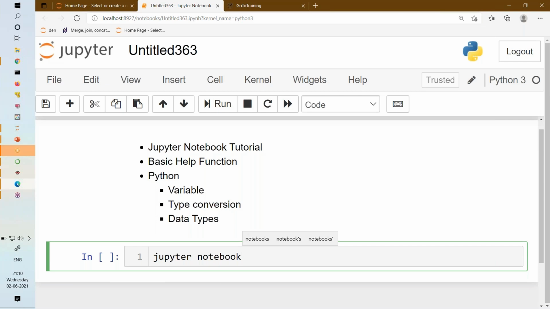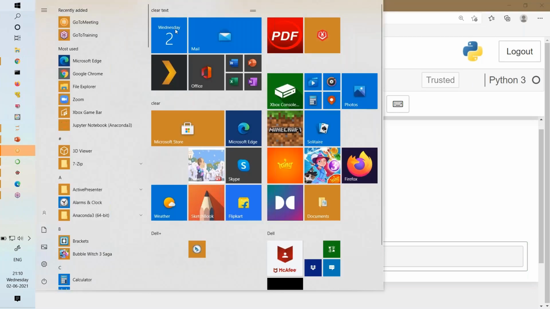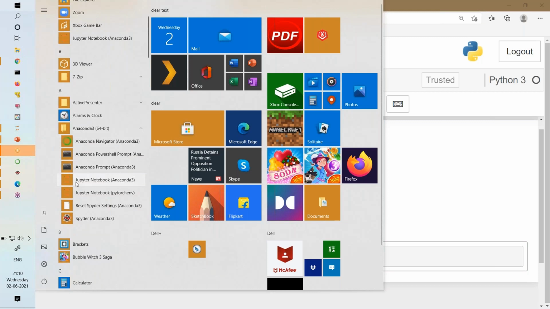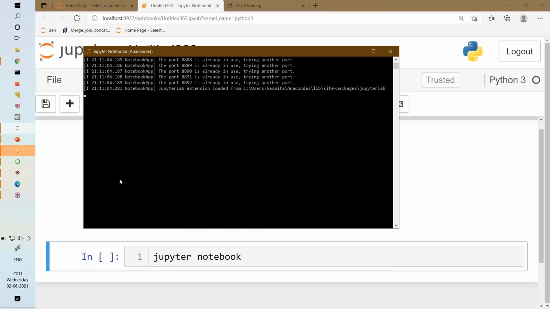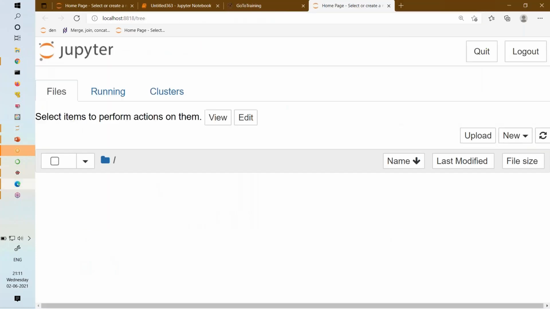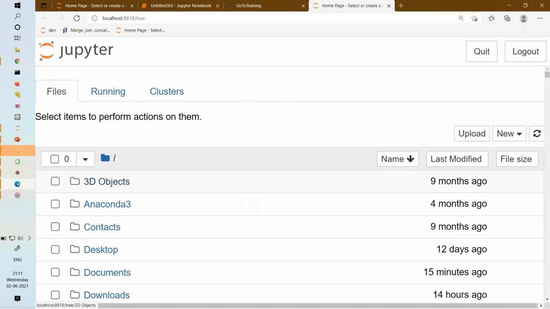For Windows users, you can write the same thing in your Anaconda prompt, or there is an easy way for Windows users. In your start menu, you can see this Anaconda 3 folder. If you click on this Anaconda 3 folder, you can see a lot of things there, like Jupyter Notebook, Spyder, you have all of these. Just click on Jupyter Notebook. If you click on this, a console will open, and after some time you can see this home folder. You can see Jupyter written. So this is the home folder. This is a web-based tool, so you can see it in localhost.